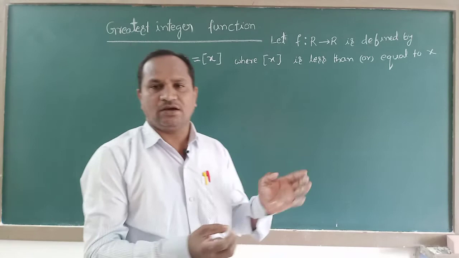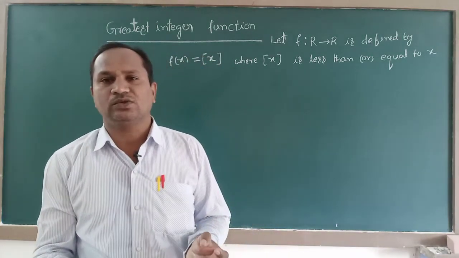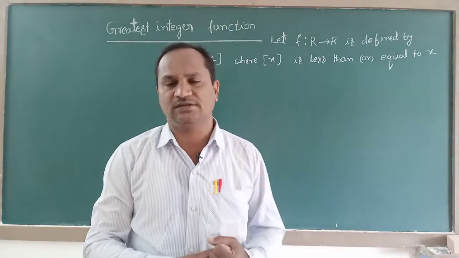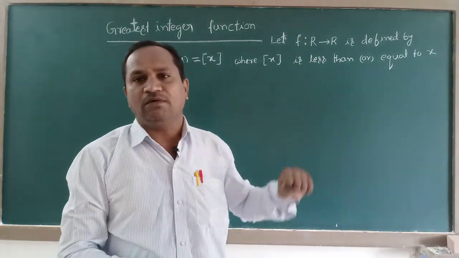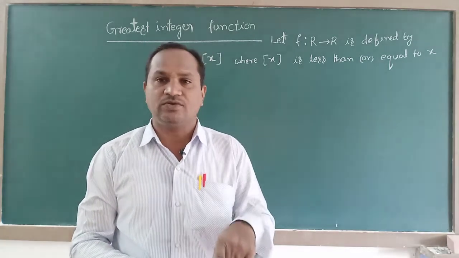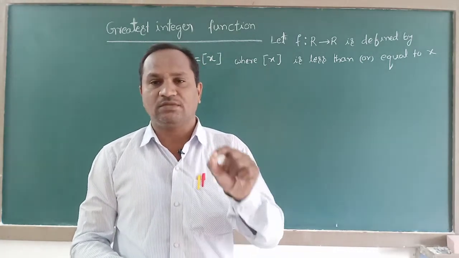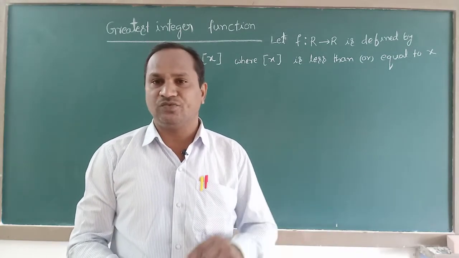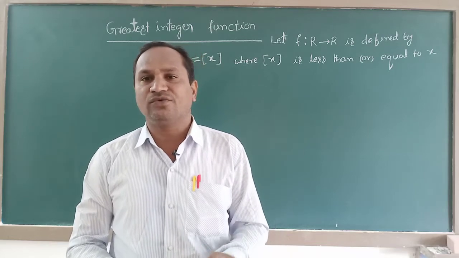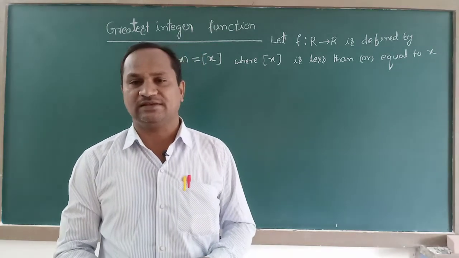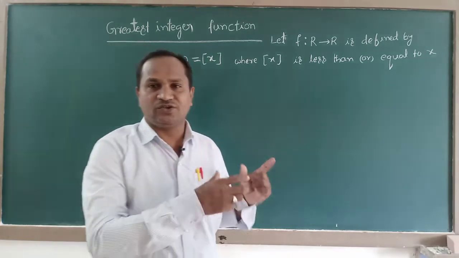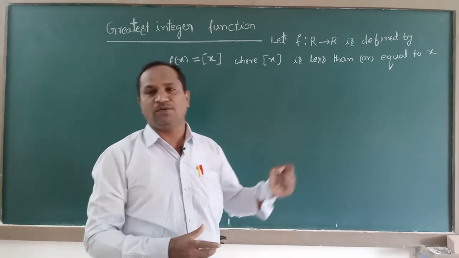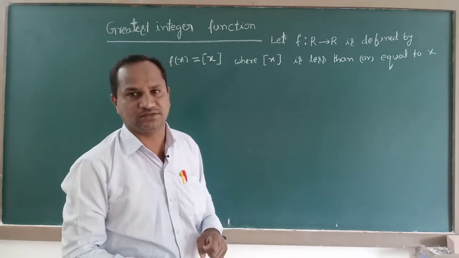According to that statement, how we collect those elements, I will now show with the help of a diagrammatic representation. With a diagrammatic representation, we can easily analyze which is the domain, which is the codomain, and which is the range. With the help of that, we can also draw the graph of the greatest integer function. Now let us find the domain, codomain, and range with a diagrammatic representation.